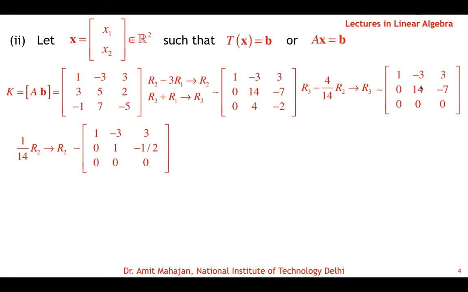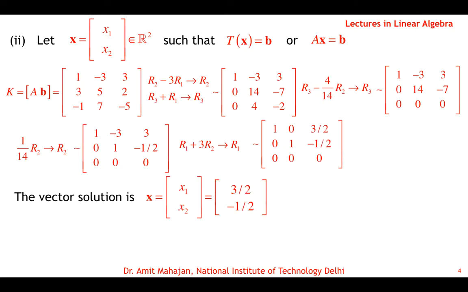So first divide by 14, so this element becomes 1, and then apply row 1 plus 3 times row 2 to make this element 0, okay. So row 1 plus 3 row 2 makes this 0. So immediately you have a solution that x1 is 3 by 2 and x2 is minus 1 by 2, okay. So the vector solution x, which is x1, x2, with x1 is 3 by 2 and x2 is minus 1 by 2, okay. So clearly the B vector has a pre-image, the vector 3 by 2, minus 1 by 2, which